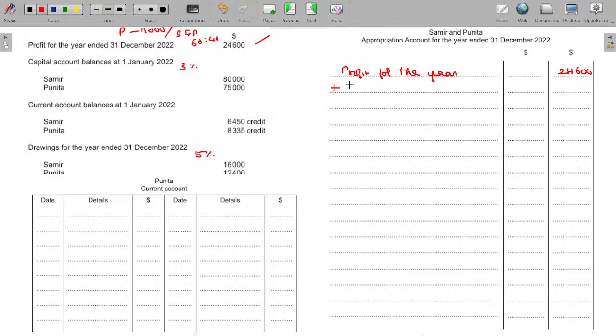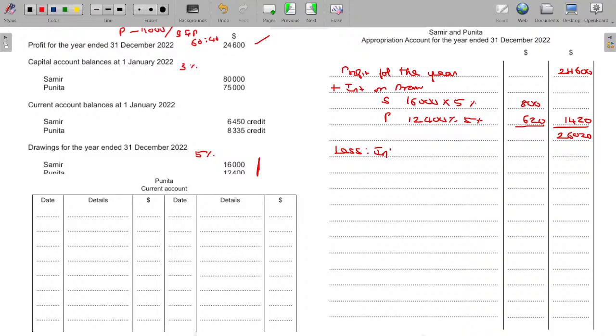And you have to add interest on drawings. For Samir and Punita, 16,000 and on that 5%, 12,400 and on that 5%: 800 and 620. Overall interest on drawings is 1,420. If I add, then this value is 26,020, less